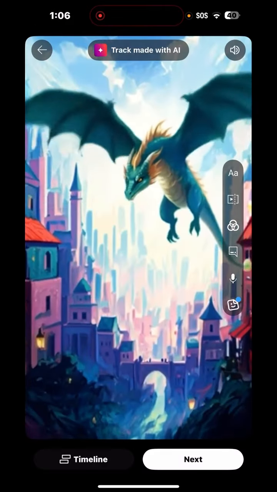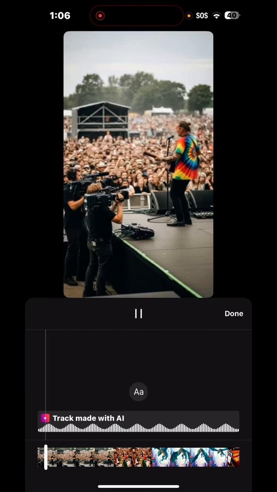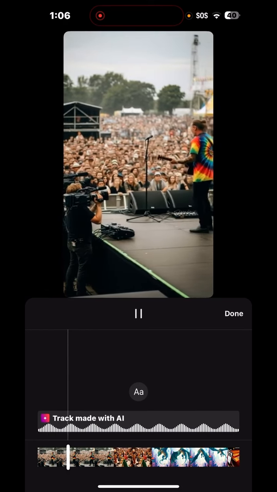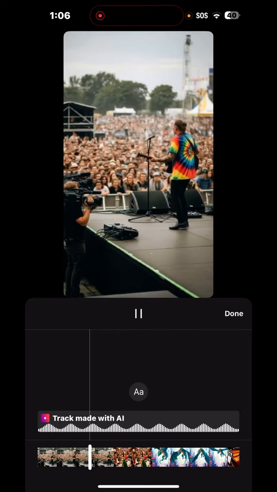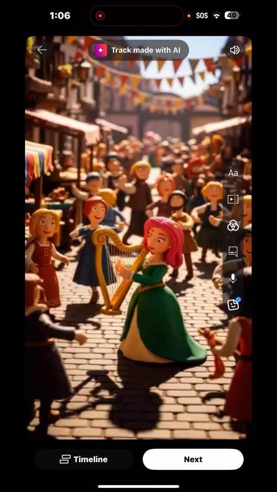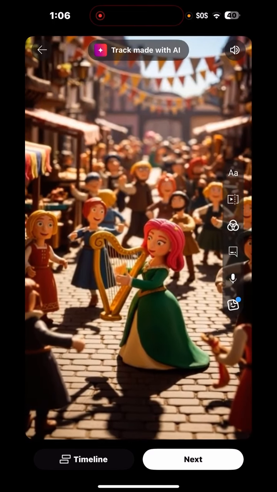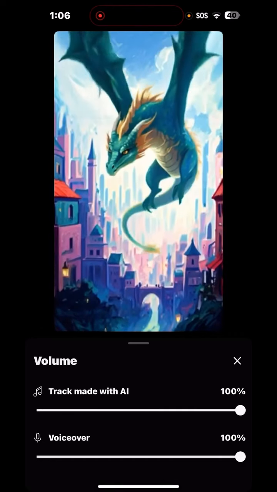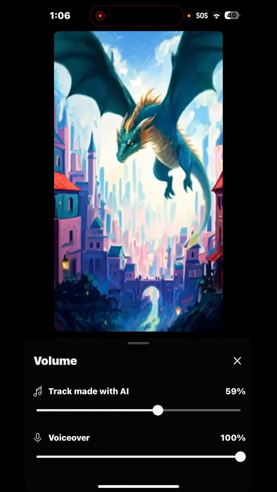Let's go back. Check 1, 2. This is a test of the video system. Well, funnily enough, it did work. So I can come over here. I can balance the volumes. If I'm happy with all that I've done,